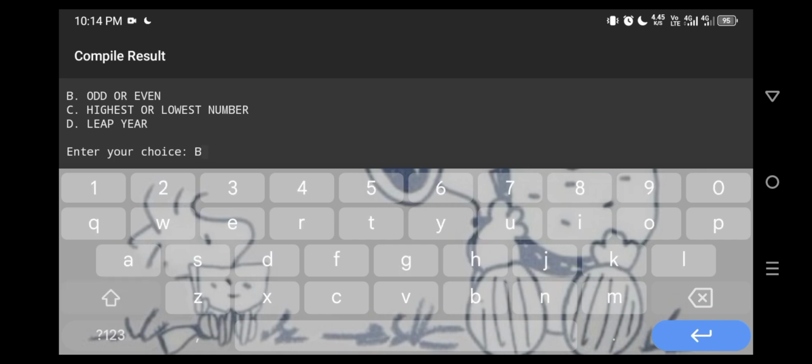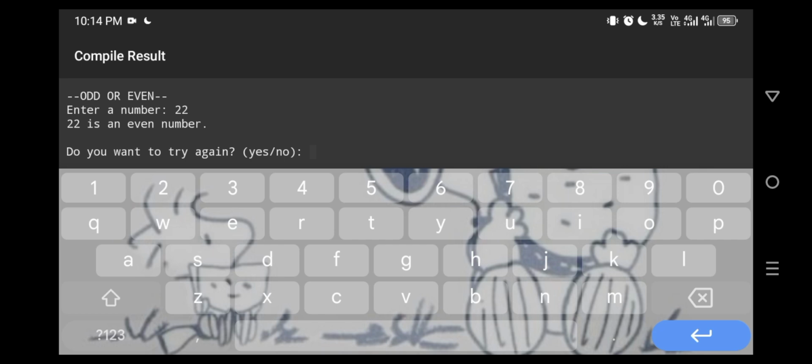And I will type letter B. And it prints the odd or even. Enter a number. So I will enter 22. It prints the 22 is an even number. And it has the do you want to try again.